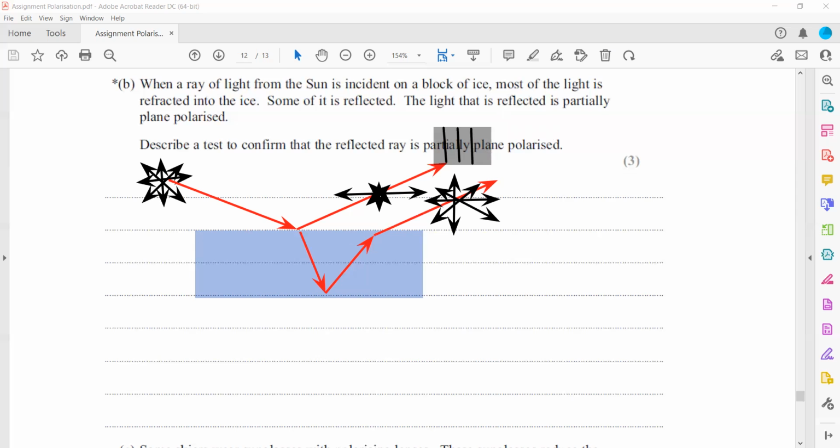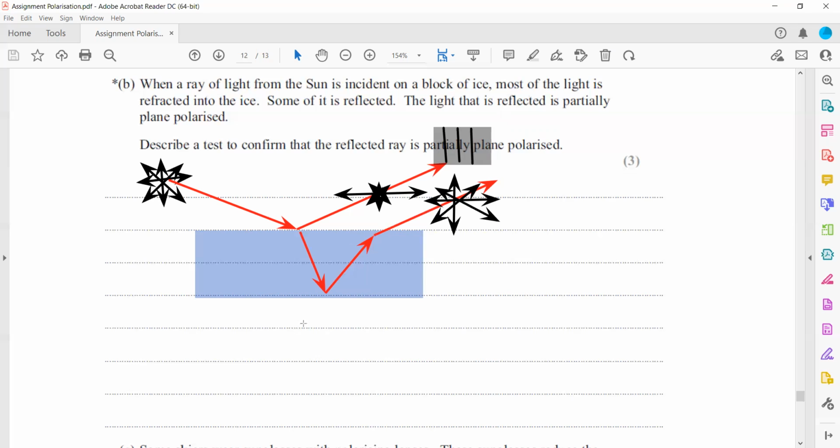That's how we can prove that the light which is reflected from the surface of the ice is polarized light. Because if it was unpolarized light, even as we are rotating, we will receive a single component of light every time. But if it is polarized light,